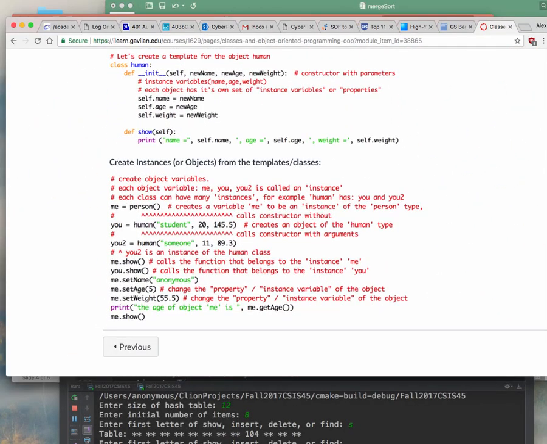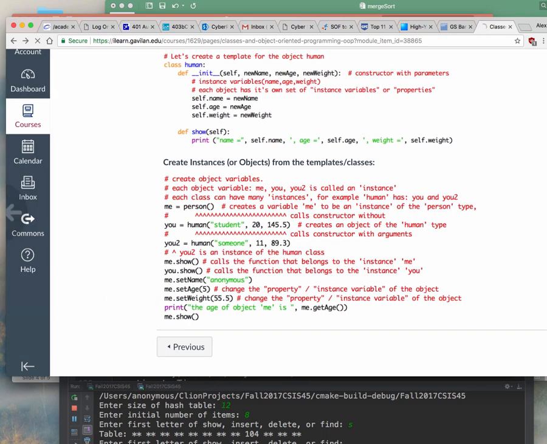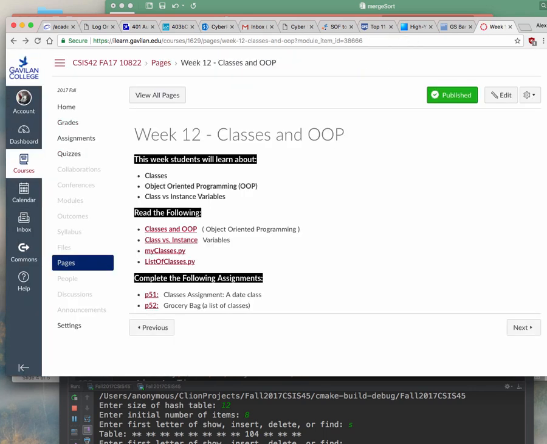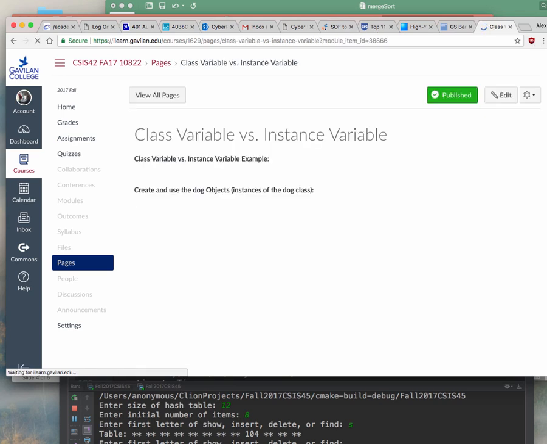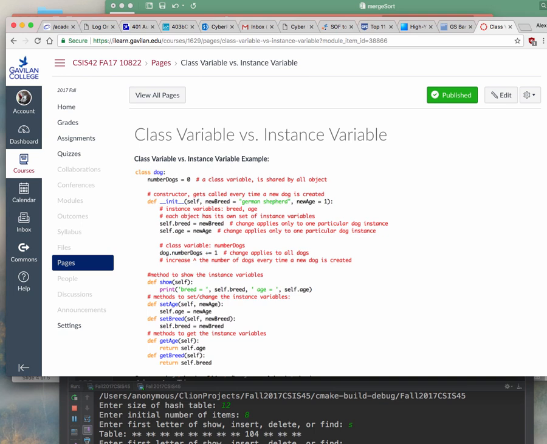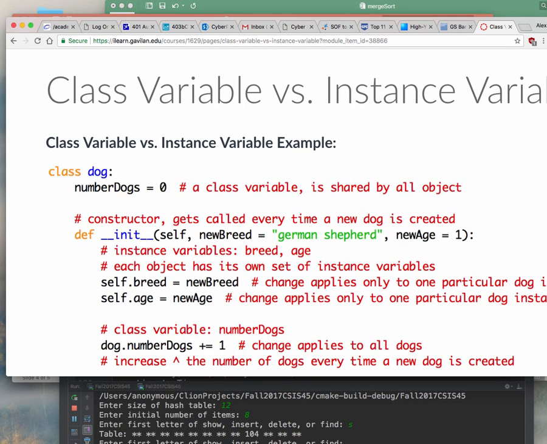Okay, so that's that. And the next thing that I want to tell you is class versus instance variables. Okay, so I guess Python calls them class variables. That's the one that I was talking about earlier about static variables, about the number of employees and stuff like that. So if we look at this thing here, all right, here it is. We have a class called dog, and again, in order for me to be consistent with the styling of how class names should be written, I should have D as the uppercase.